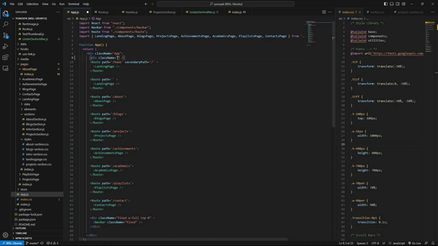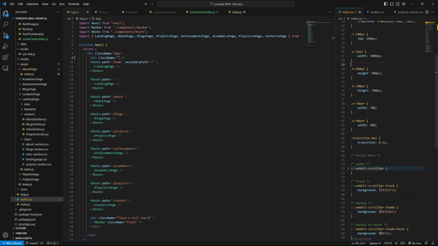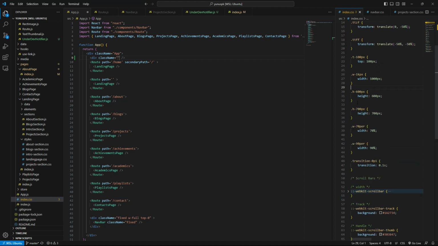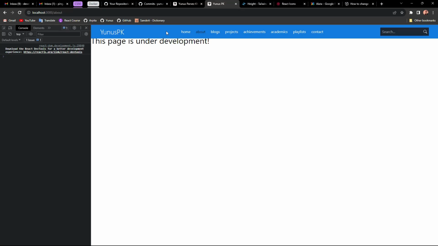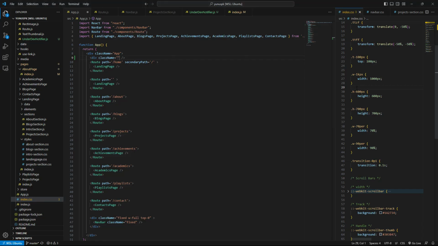What class name? In the index.css, I'm gonna create another class name for 60 pixels, because the navbar is 60 pixels, and that is given by the CSS. But we're not gonna create a big CSS for that.